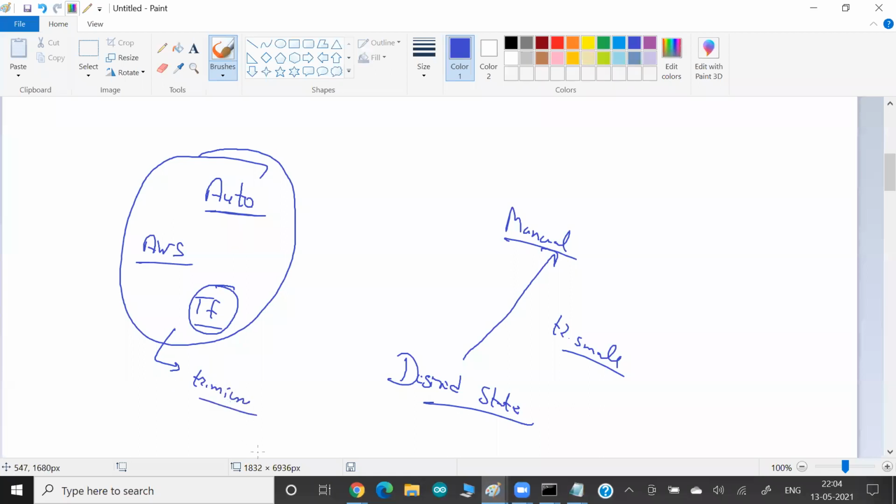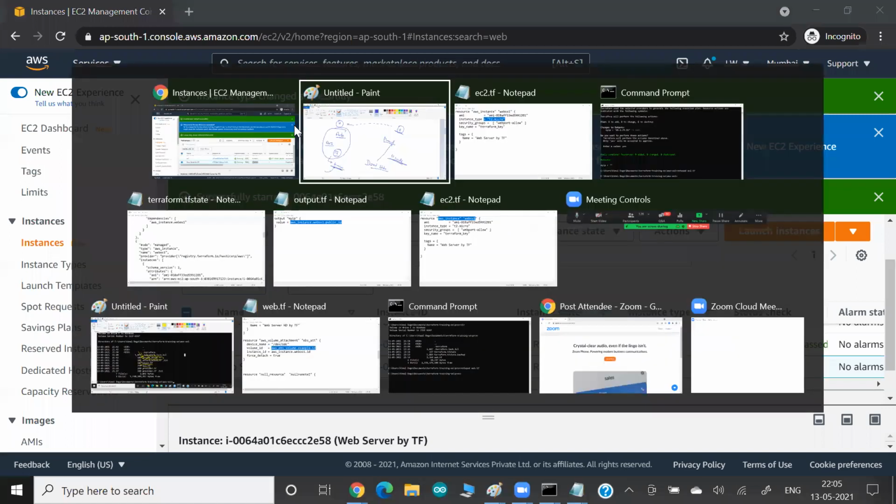So the conflict would be, let's say you're working on a team, and this team has a member called A who created this code, and this person still knows T2 micro is your instance type. But some other team member B, who is testing and checking the performance, changes the type to T2 small so that it will work. And this is a very, very common mistake. We sometimes forget to update the code that we have changed our desired state: now I want T2 small. Now what happened, because you changed it the manual way. Next time my code